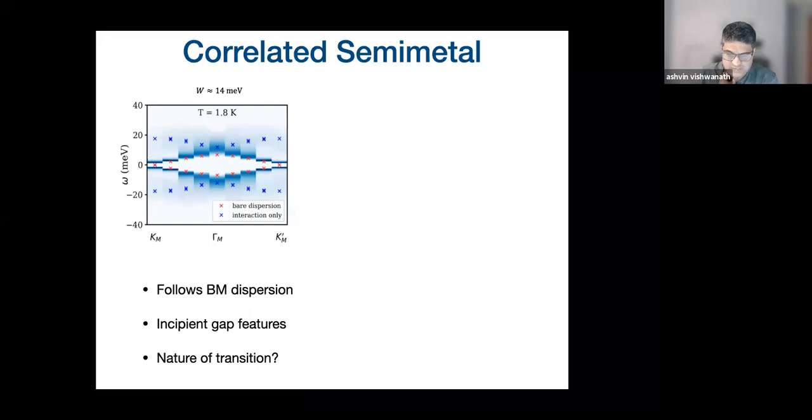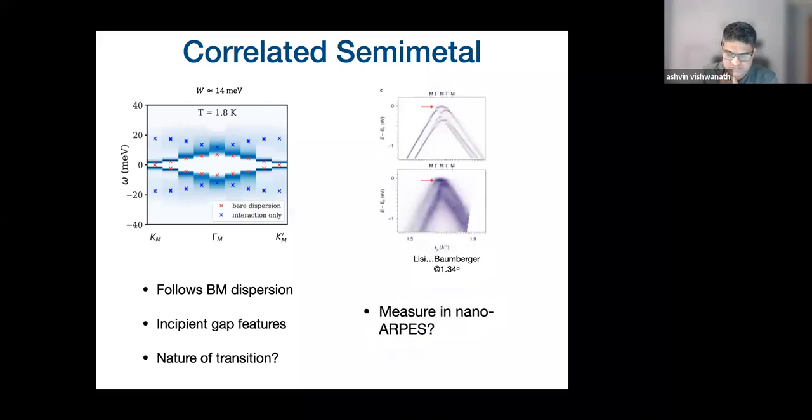So it sounds a bit crazy at this point, but there's already some ARPES, nano ARPES on twisted bilayer graphene. Doesn't quite have the resolution for us to compare, of course. This is also at the bigger angle, but I think there is hope on the horizon for experiments like this to directly measure these kind of quantities.